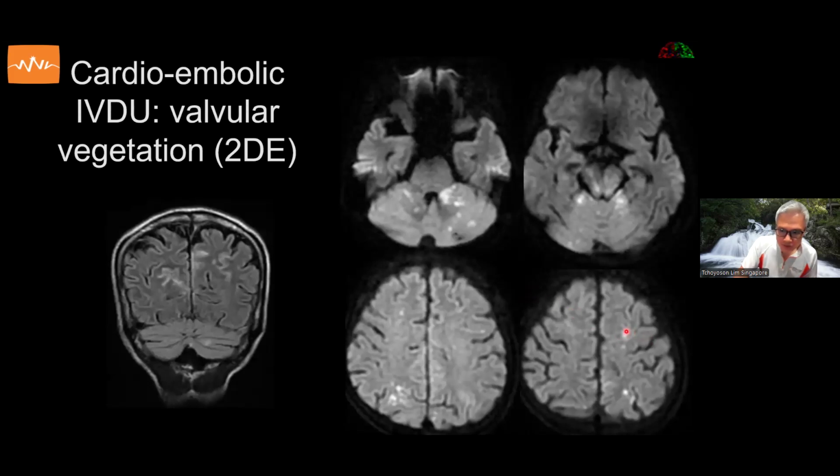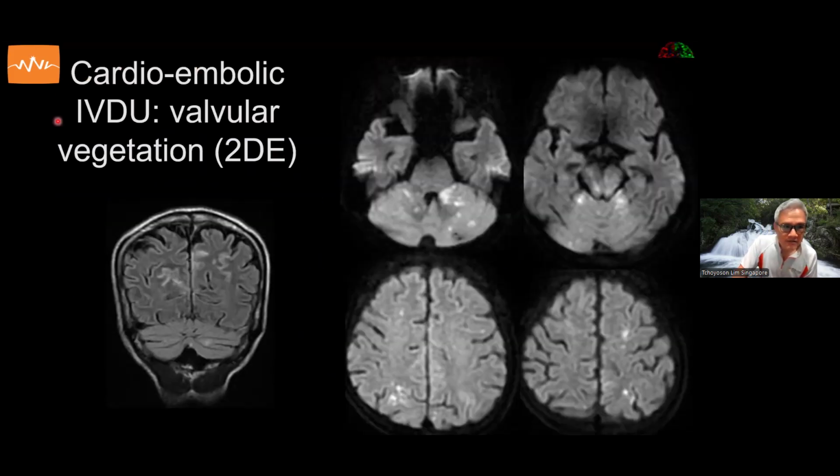Here's a patient I showed you earlier with multifocal tiny infarcts. These are very unlikely to be multifocal lacuna small vessel infarctions occurring simultaneously. And because of the location of infarction on both sides, as well as in the posterior circulation, this patient is likely to have a cardioembolic source. And